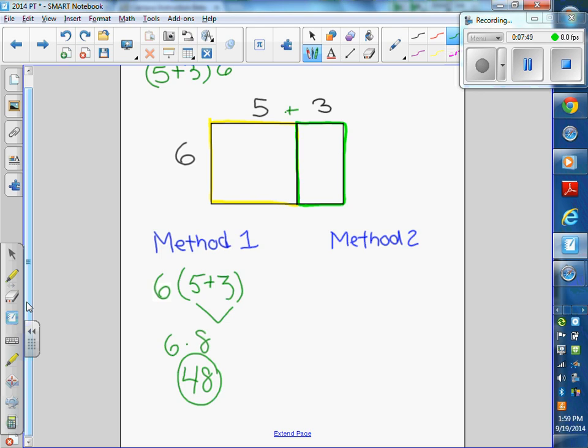Okay, so method 2, Ian. So I had 6 times 5, then 6 times 3. Perfect. But I had 6 times 5 on top of 6 times 3, and I had an equal sign showing what they were. Then I had 13 plus 18 equals 48. And that's okay, Ian. What I would say is, when the problems get bigger,